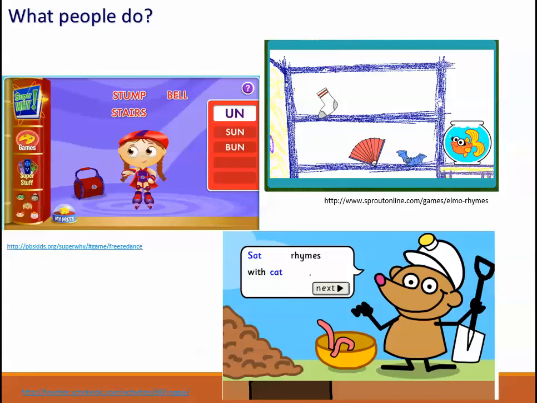So let's have a look. So you can actually start the rhyming activities first with games that explore the rhyme. Where is the rhyme? And then you can take, how do we find these rhymes in books? You can take your caterpillar or something else that children have done or might do one day and have a look in the text. Where is the rhyme? How it shows on the page.